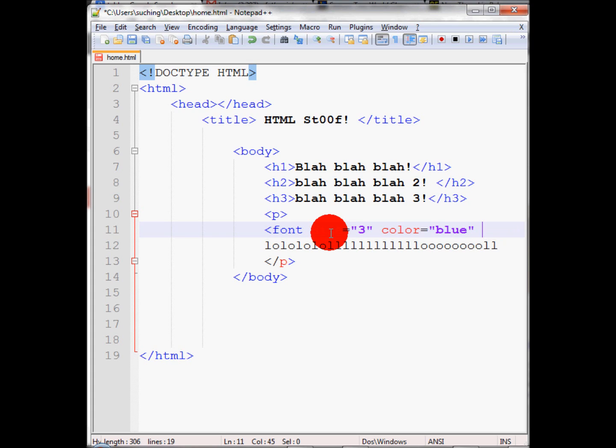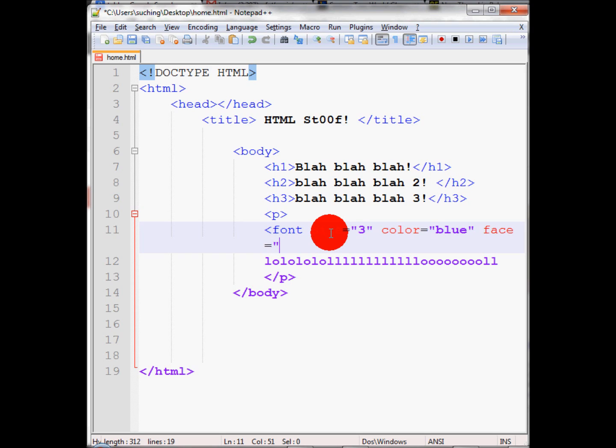You can even go on Google and look up HTML color tags or color list, and it'll give you a bunch of hex numbers. The third attribute that we're going to have in font is called face. Now face has a lot of different options, and some of them work on only Chrome and Safari, such as Brush Script MT. That kind of just looks like a script. And some fonts like Brush Script MT don't work on Internet Explorer or Firefox because they're kind of outdated. Actually, they might work on Internet Explorer because it's kind of new, but